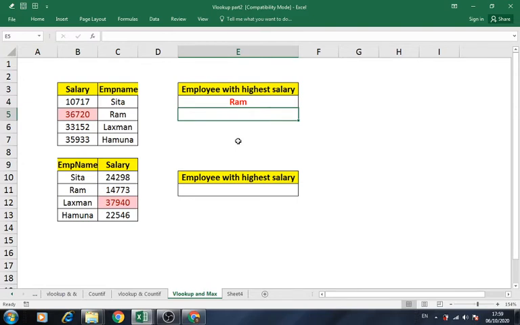Yes. If I change the values here, so here I'll change this one to 40,000. So we are getting the right output now. I'll change this to 50,000. Yes.